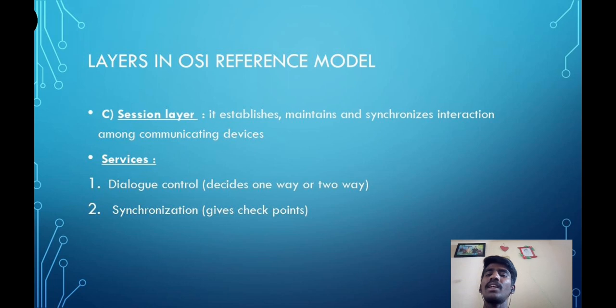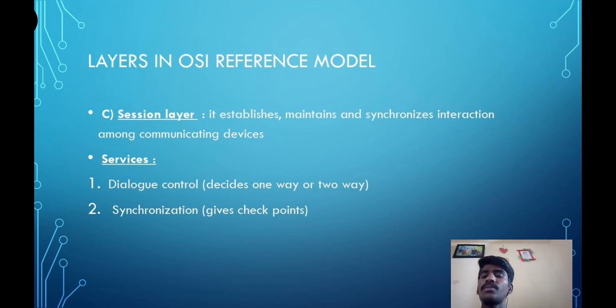Now the session layer. It maintains the interaction between the communicating devices, like dialog control and synchronization. It decides whether communication goes one way or two way. I just told you before, data flow can be simplex or full duplex, and the session layer determines that.